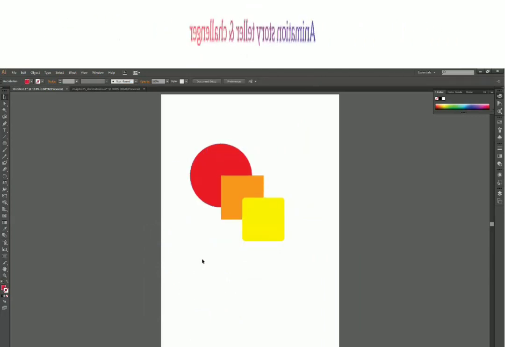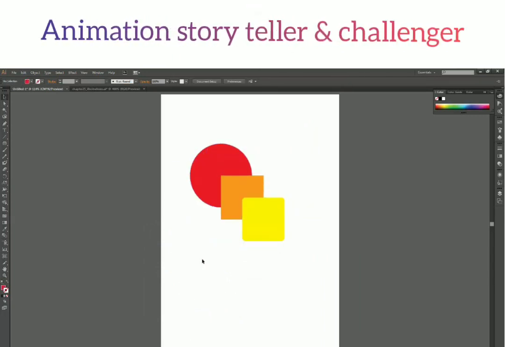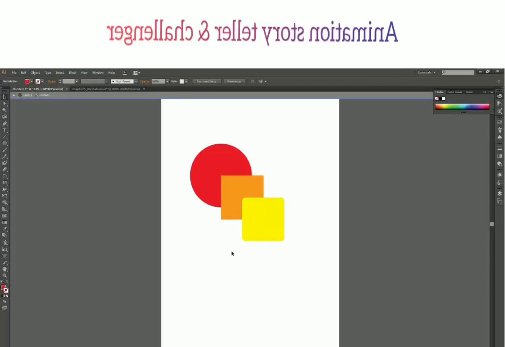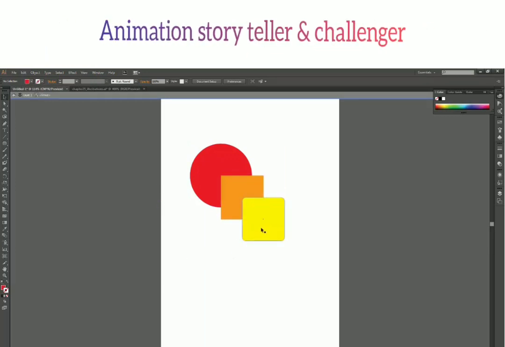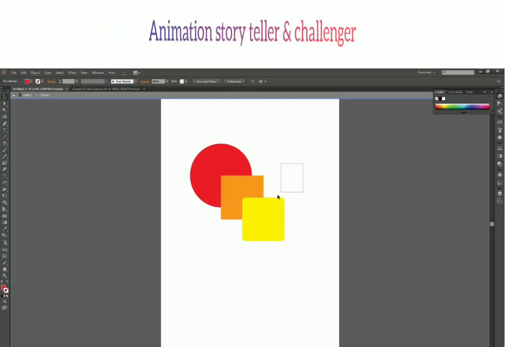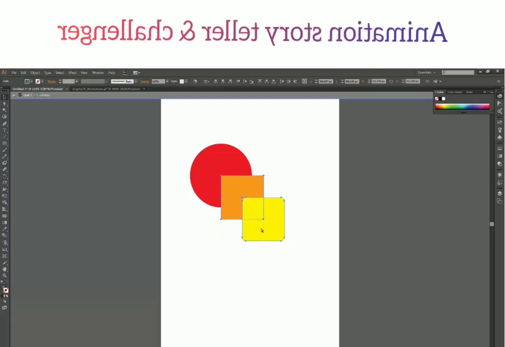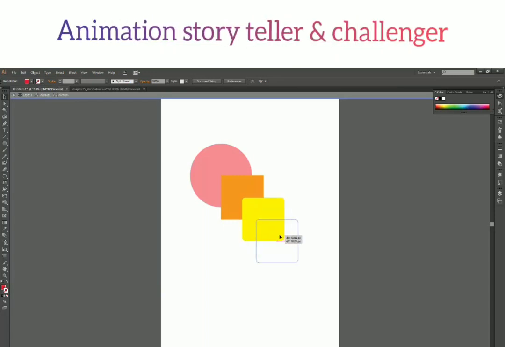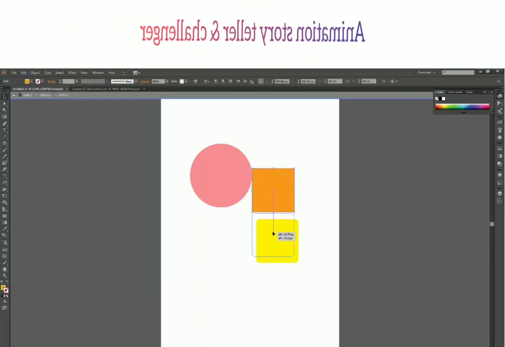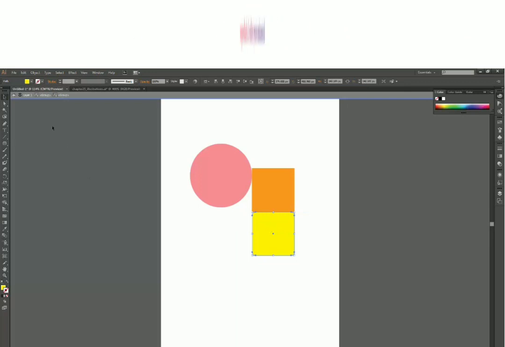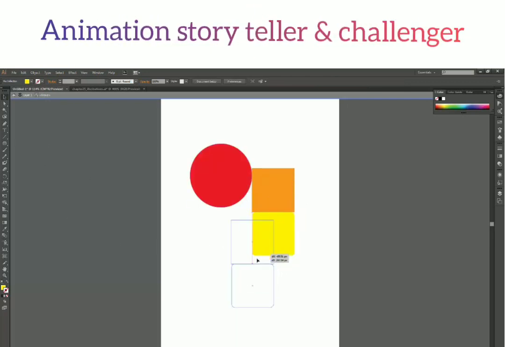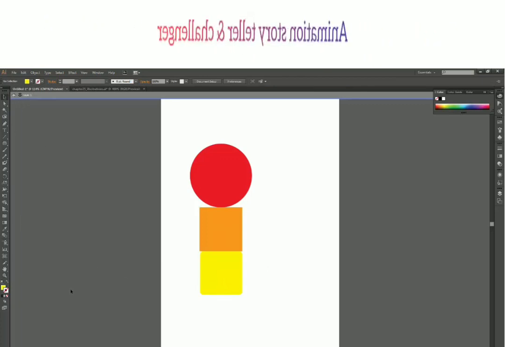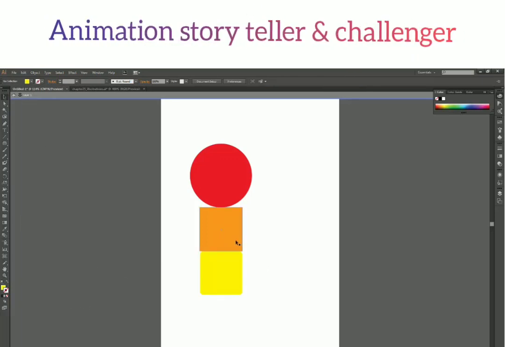Now Illustrator gives one extra level of control over other software, which is that you can double click on this and you will go inside a group. And furthermore, you can even have one more group inside this. So you can go inside one more group and make modifications or changes the way you want, and come back to the parent group and make changes, and then come back to the main group. So this is called nesting of groups.